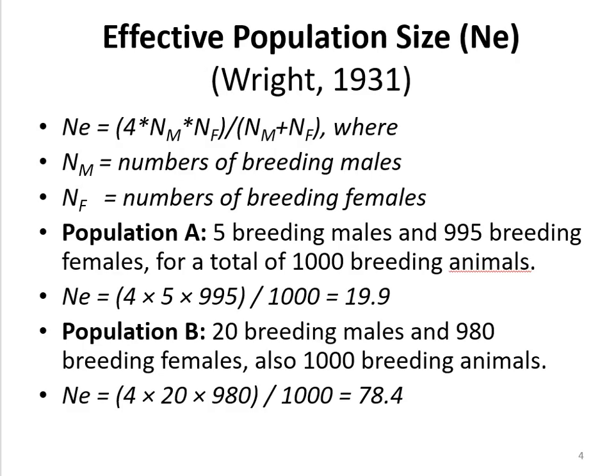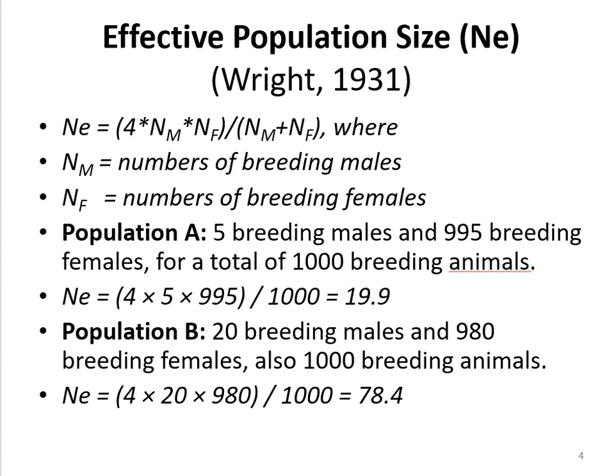How can we calculate effective population size? Wright has given us a formula. Ne is equal to 4 into Nm multiplied by Nf divided by Nm plus Nf, where Nm is the number of breeding males and Nf is the number of breeding females. For instance, population A has 5 breeding males, 995 breeding females, making a total of 1000 breeding animals, and their Ne turns out to be